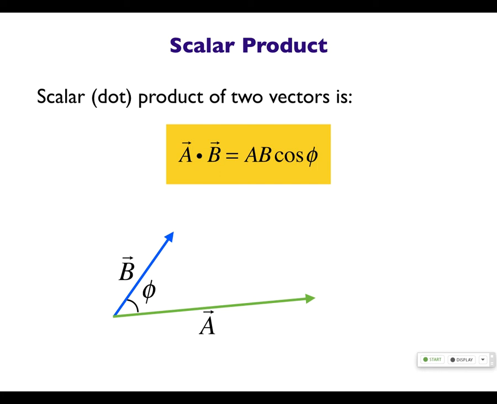If he's pushing the rock up the hill and the displacement is also up the hill, that's positive work. If he's pushing this way and the rock's going this way, that's negative work. And if he's pushing and it's not moving, that's zero. But what if he were pushing a rock up and it moves to the side? Okay? So there's other displacements that aren't necessarily parallel to the force, and we have to figure out what to